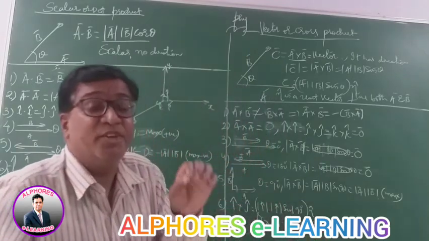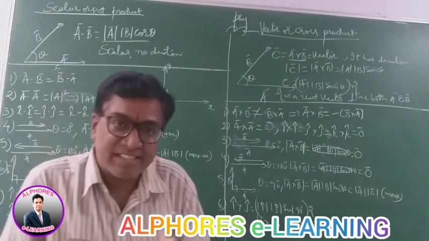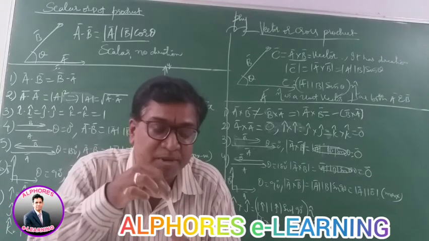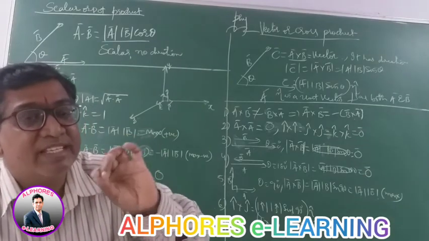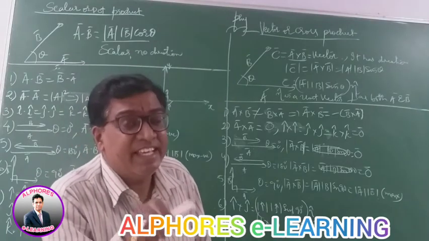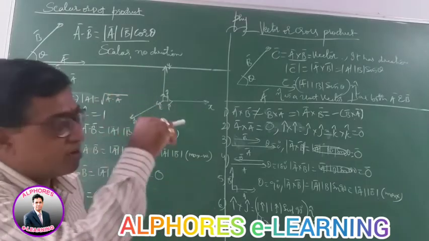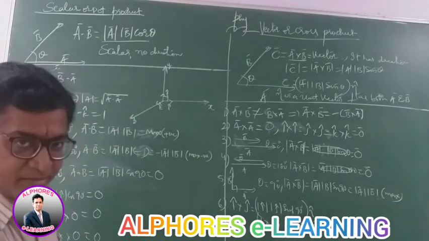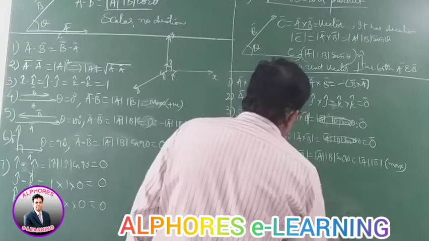What is n cap? A unit vector perpendicular to both i and j. I is along the x axis, j is along the y axis. So n cap is perpendicular to both the x and y axis, the xy plane. The unit vector perpendicular to the xy plane is k cap. The direction according to the right hand thumb rule is the outward normal. So by simplification or directly you can just write i cross j as